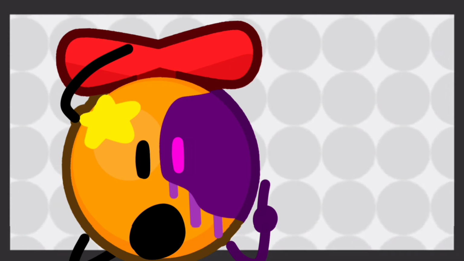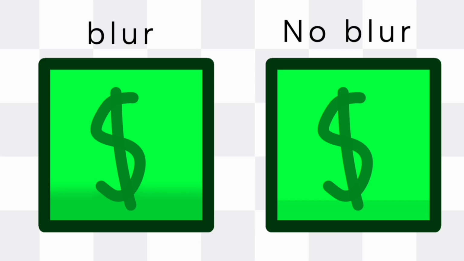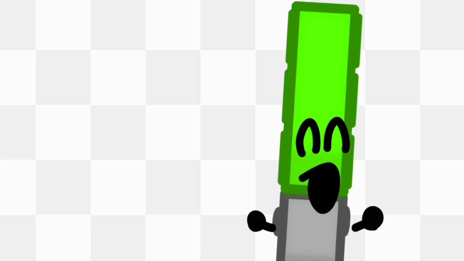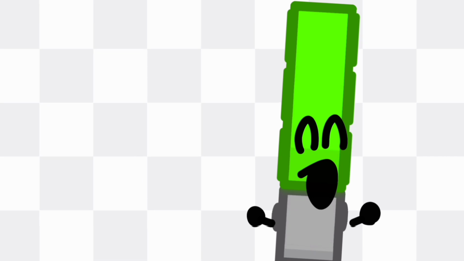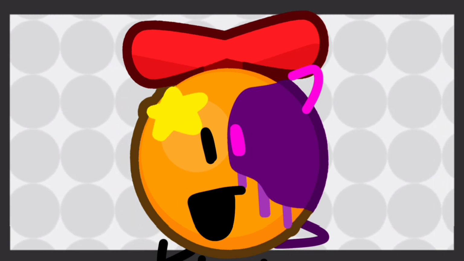And you should also choose what kind of shading you want on your assets. Blur or no blur. I started out with my show characters having blurred shading on their assets, but realized I don't like it. So I updated every asset to not have blurred assets. So experiment a little with how you want your assets to look like and then do what you want.